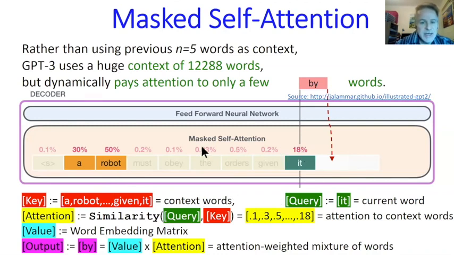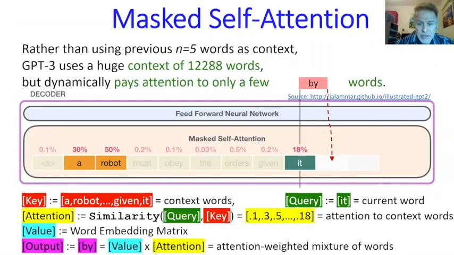And so then it assigns probabilities to all these words. So for instance, it believes that it is related to robot and a little bit to A. And then it combines them as a weighted average and then passes on not the word it, but sort of this average. So mostly it passes on the robot because it refers to the robot. And indeed, it doesn't have only one self-attention mechanism, but a couple. I think it's 128. So it can pay attention to 128 words in the past and then make a prediction. In this case, the next one will be